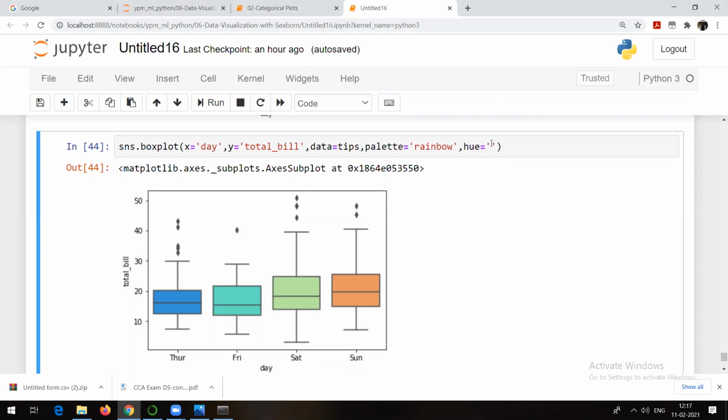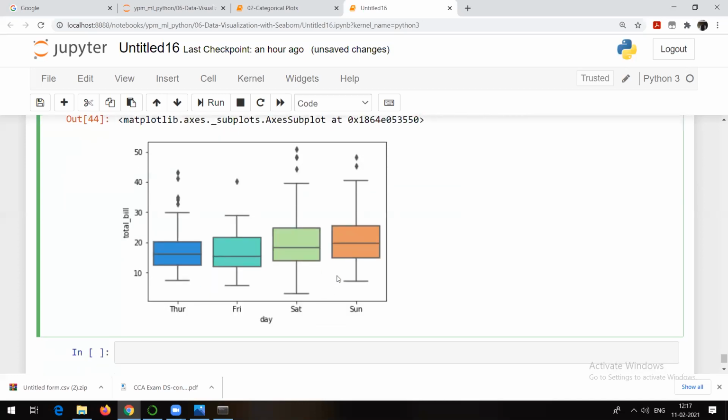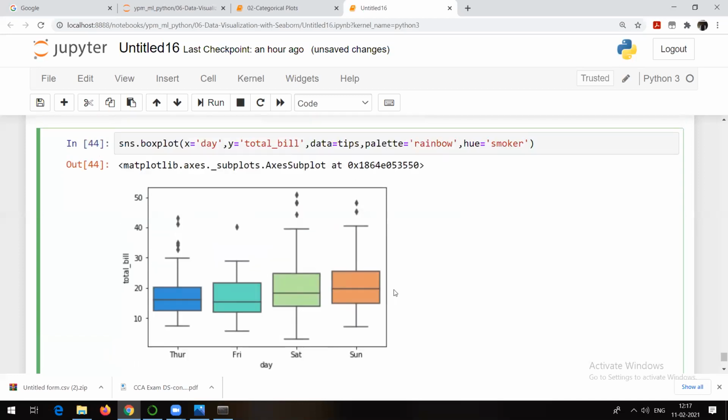So now, just to understand the data in more detail, we can make use of this parameter for categorical data. For example, day is a categorical column, sex, male or female, is a categorical column, right? So definitely we can make use of that. Let me make use of this categorical column, smoker, yes or no. I came to know that people prefer visiting the restaurant on weekends, Saturdays and Sundays. But I want to check who prefers it more. Is it smoker or non-smoker?